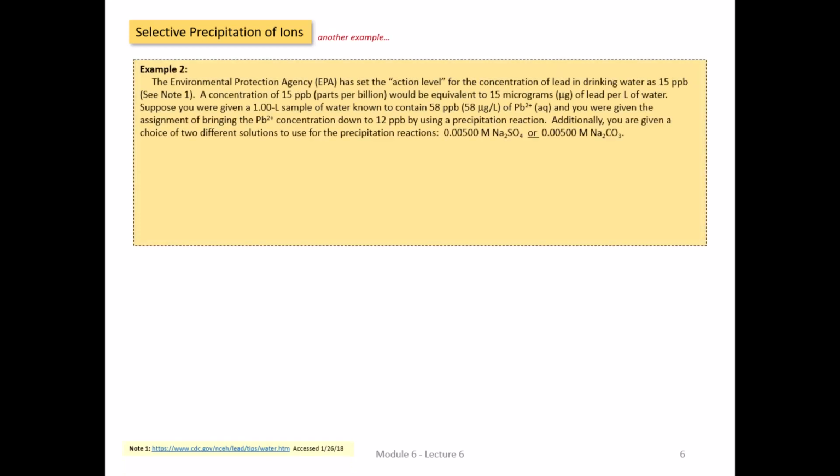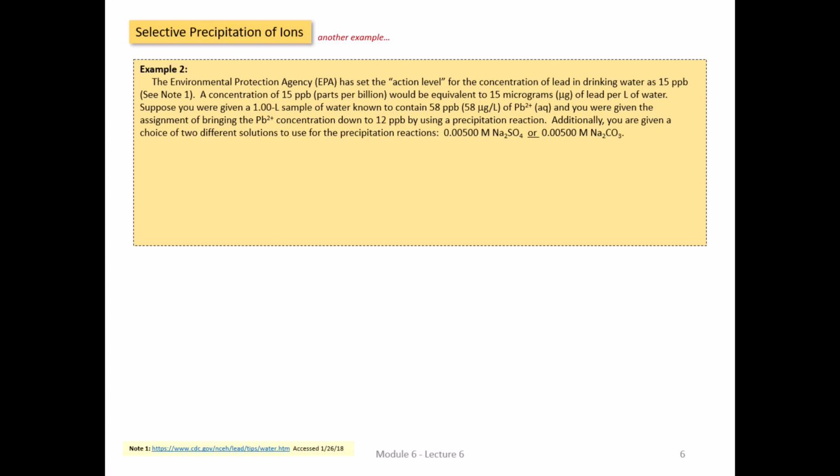The Environmental Protection Agency, of course known as the EPA, has set what's called the action level for the concentration of lead in drinking water as 15 parts per billion. Now, a concentration of 15 parts per billion would be equivalent to 15 micrograms of lead per liter of water. Not very high. Suppose you were given a 1 liter sample of water known to contain too much lead ion,